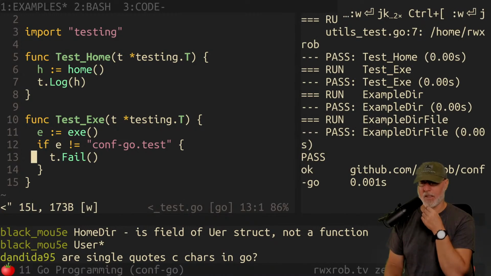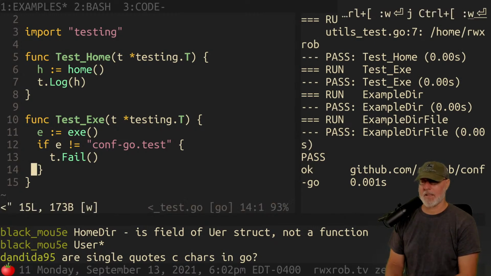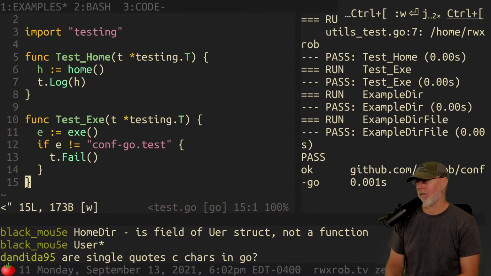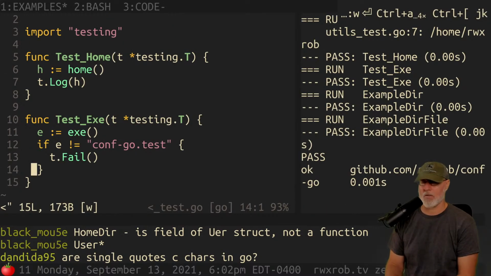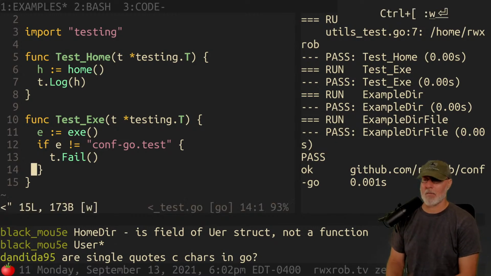Single quotes are chars. Yeah, they're runes specifically. Runes are different than chars. Runes are Unicode aware. Chars are just one byte. One of the greatest reasons that Go beats C is the whole Unicode awareness. All its for loops and everything are Unicode aware, and if you cast as a byte string, it'll treat it like a byte string and do what you want, as if you were doing it in C. Super awesome. It's all built in.